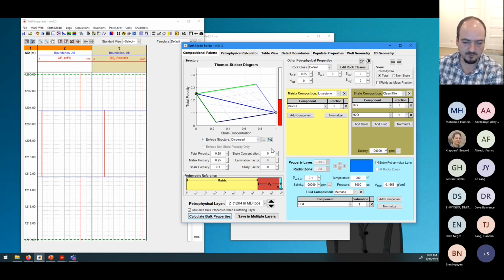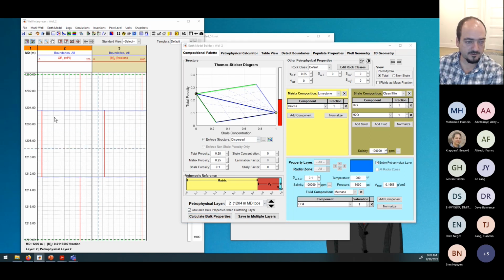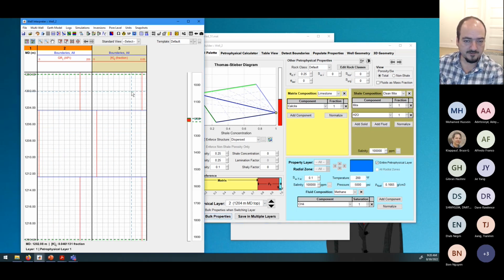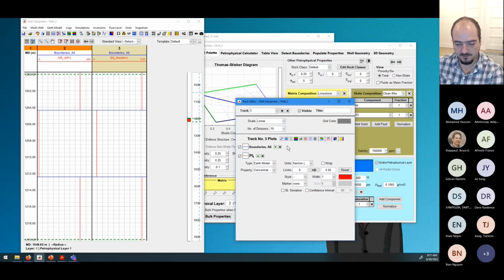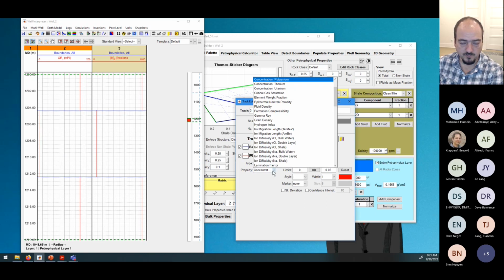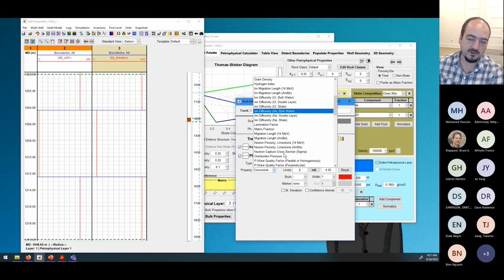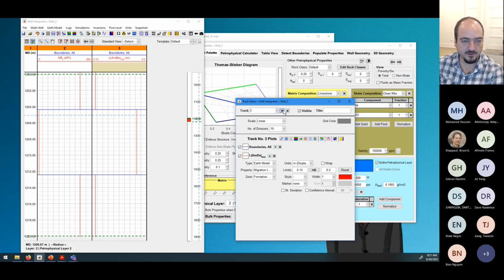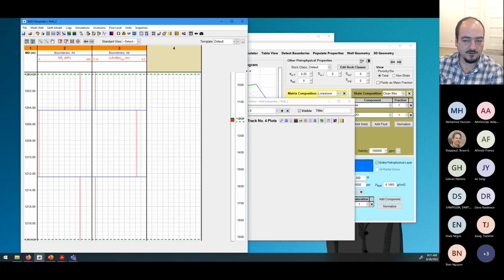So I'm just going to say that they are connected. And let me just calculate properties again, so it's where it's supposed to be, and that's okay. Now, besides gamma ray, we also calculated neutron porosity. This is the other one that I want to show you. A neutron porosity, we always assume that is very much related to migration length. So we have migration length that has been calculated, and we see that the migration length,